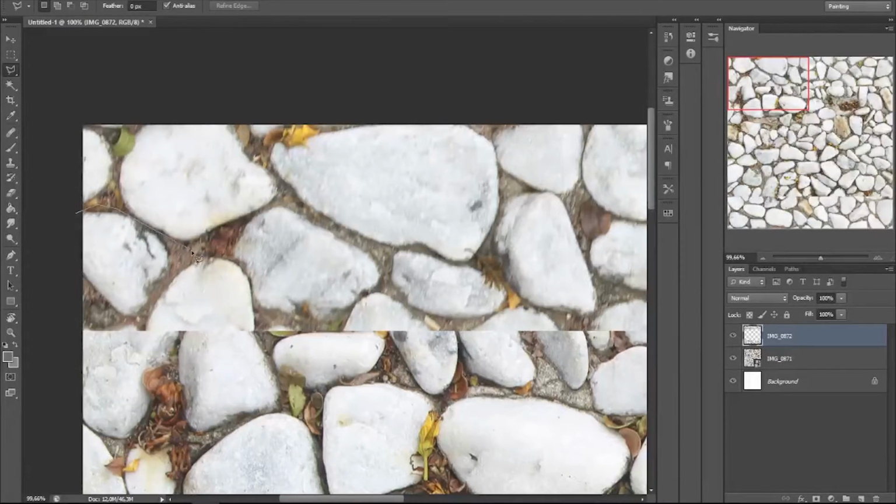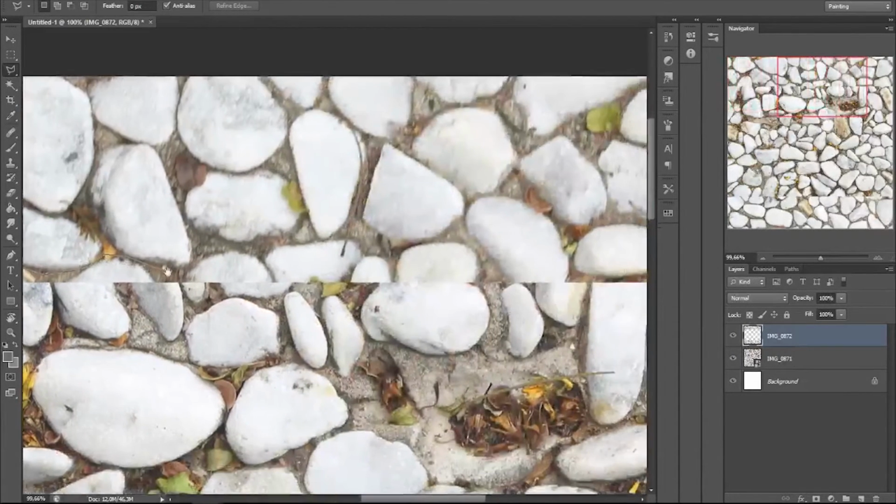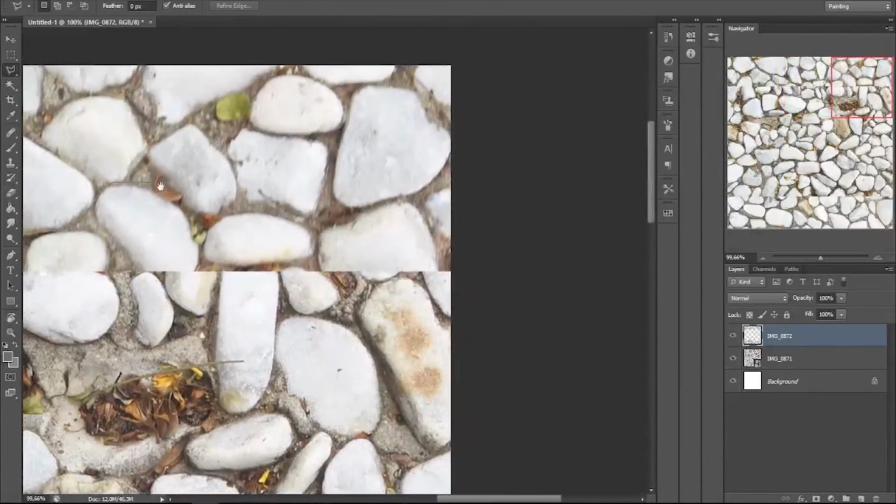But what you'll want to do is try to find a line that naturally occurs in the image and follow it along so that you can use that as your border. I'm just going to go all along here. All along to the side. And we don't have to worry about the left and right matching up yet. We're going to fix that up next. We're going to essentially repeat the steps that we